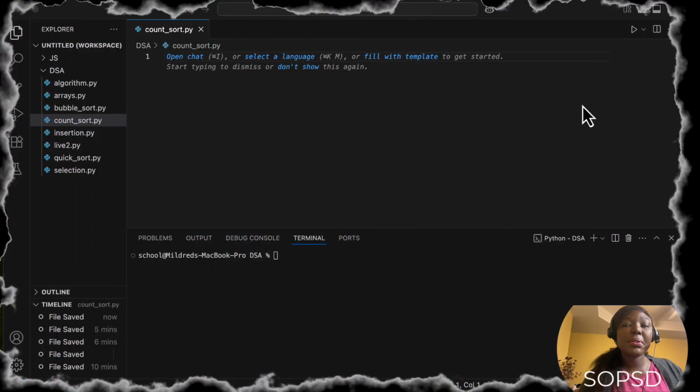Hello and welcome to lesson 2 of week 3. In this lesson, we are going to look at the counting sort algorithm. My name is Mildred. Now, the counting sort works by counting the frequency of each unique element and then placing